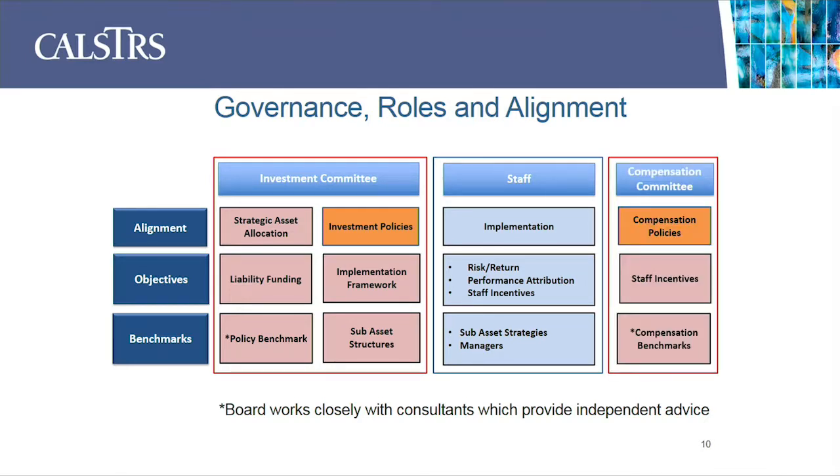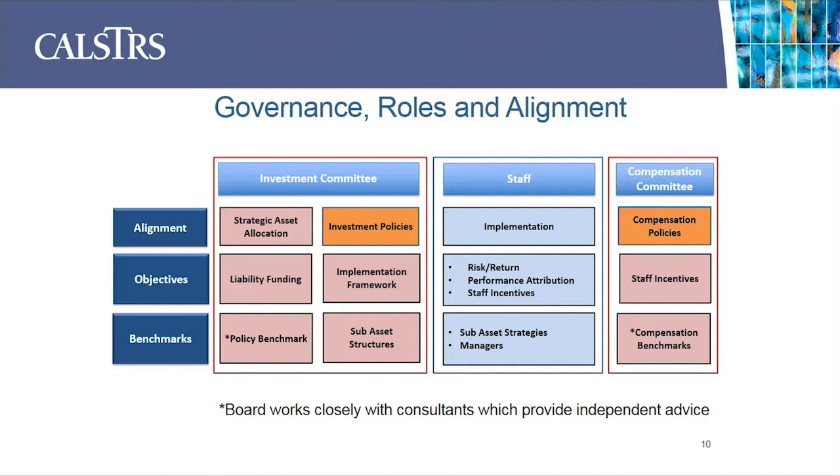And I think this brings us to the last governance tool for the board in aligning those objectives, staff's implementation to the strategic asset allocation, which everything we do should be aligned to that, and setting the compensation policies. And that objective is different than the staff's objective, which is a little bit different than the investment committee's objective. It's really to incent and motivate the staff. And it gets exemplified in the compensation benchmarks.